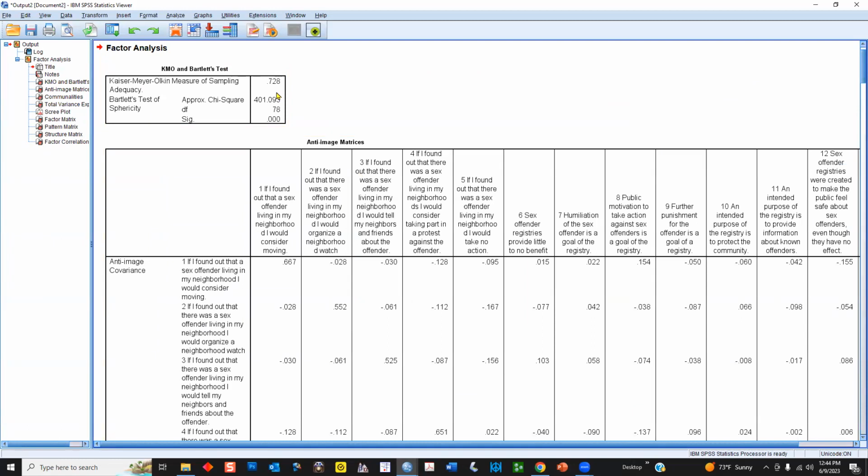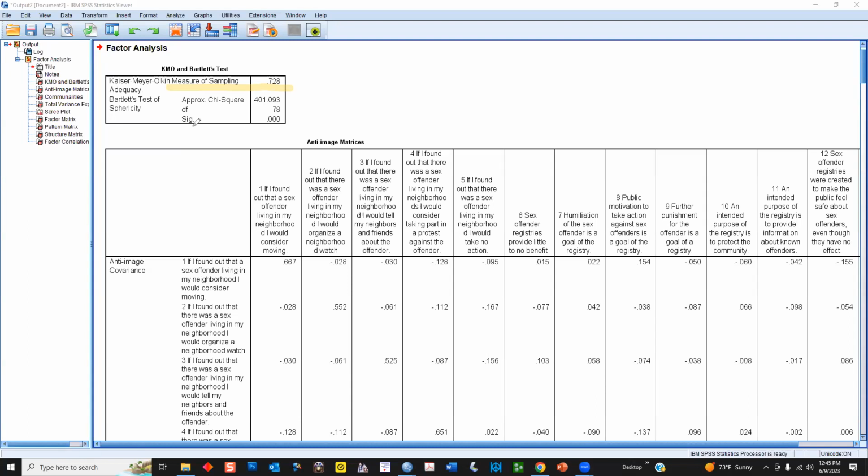So when we take a look at these results, there are a few things to take note of. First, our KMO score, Kaiser-Meyer-Olkin, that's the overall test of factorability, and we want that to be high. According to some guidance that I've read, having a score at 0.8 or higher is excellent, and anything between 0.6 and 0.8 is okay. Now, this isn't anything to get excited about. This doesn't tell you anything really special. It just tells you that you can proceed, that you have enough variance here to go ahead with the factor